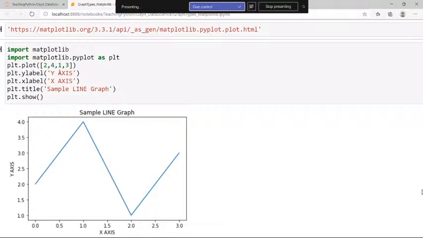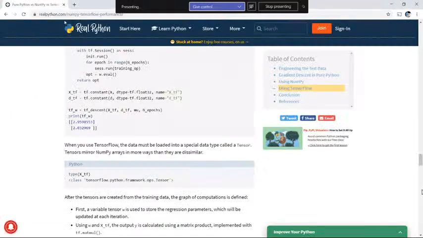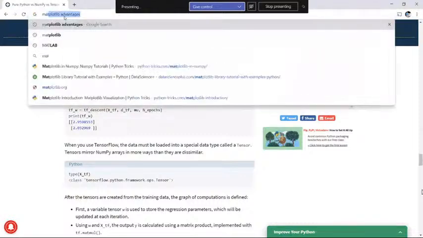So matplotlib.pyplot, Pyplot, okay, is used for plotting. This particular example is a simple example where I have plotted a line graph. Let me show you more by getting on matplotlib.org. Okay, let me just show you that. We were here, right? I want to just use this. So let's just go to